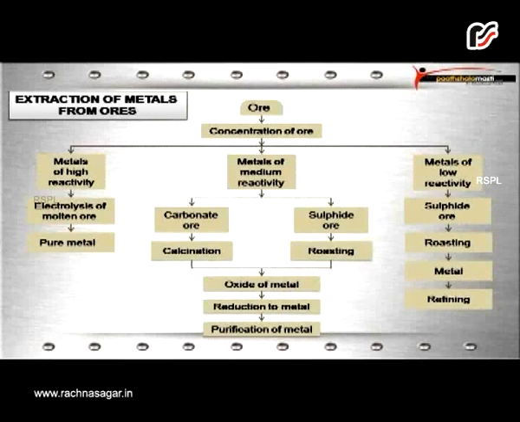After we remove the impurities from the ore, we have to take up what type of metals are present in that ore. If metals are of very high reactivity, then we can extract the metal by electrolysis. But electrolysis of highly reactive metal is done in molten state, not in aqueous solution. The reason is that metals will react with water, liberate hydrogen gas, and hydroxide will be formed. So in molten state, that is melted state, if we carry out electrolysis,